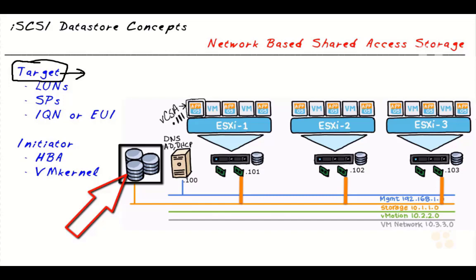Basically there are some concepts of iSCSI. iSCSI is composed of two main components. One is called the target and the other is called the initiator. The target is like a SAN, storage area network, or any other appliance which resides on your network. In the target we have some key components like LUNs. LUNs are logical unit numbers. SPs are storage portals, which can be assigned an IP address.